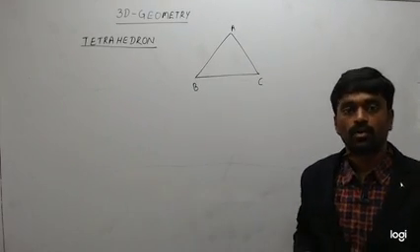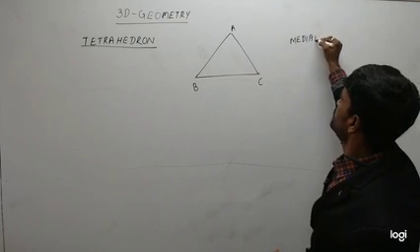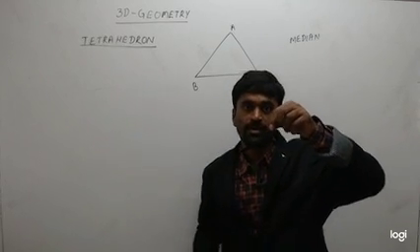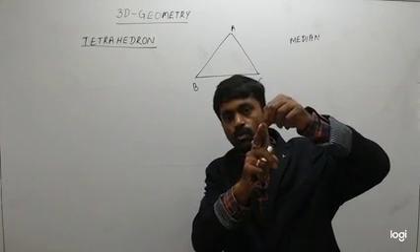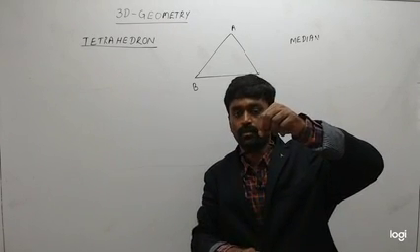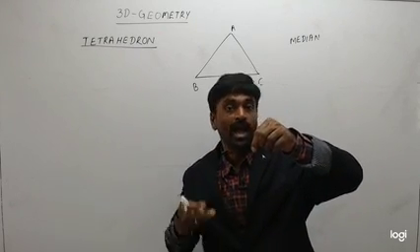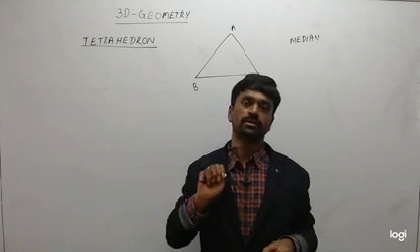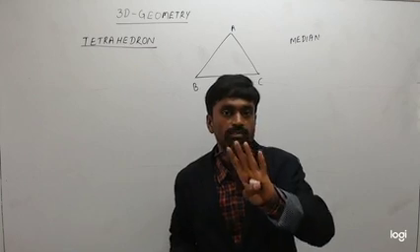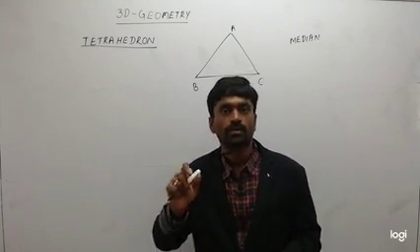And in tetrahedron, median, how is it defined? Okay. So the median of the tetrahedron is defined as a segment joining one vertex of the tetrahedron to the centroid of the opposite triangle. That is one median. As tetrahedron has 4 vertices and 4 faces, automatically how many medians will exist? 4 medians. And all these 4 medians are intersecting at one point. That point is called centroid of the tetrahedron.